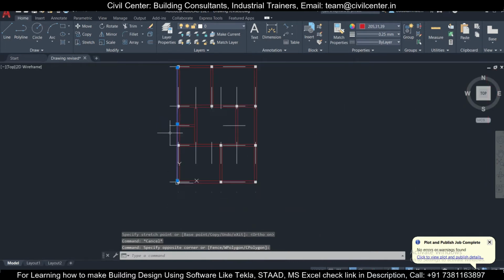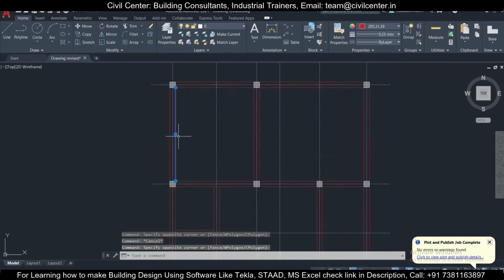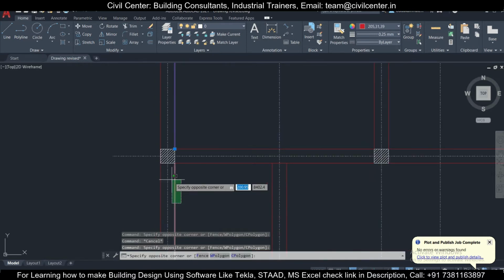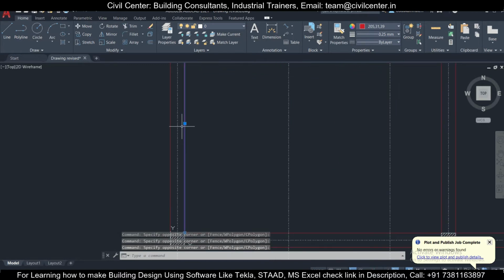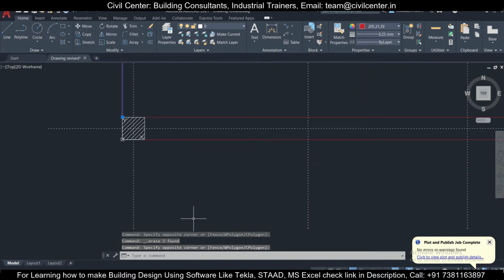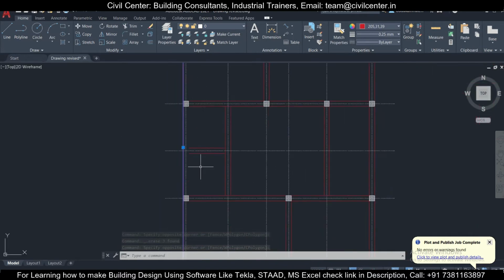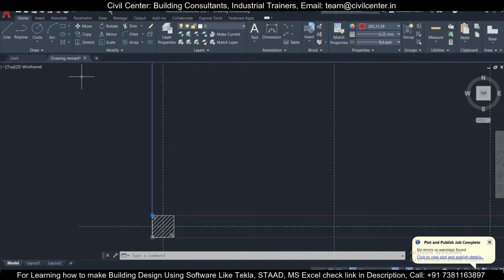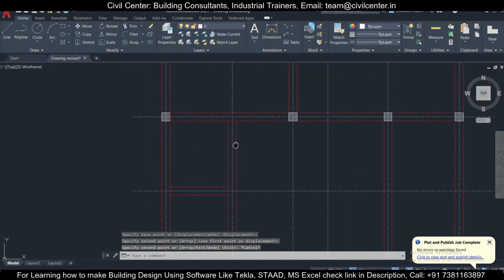After you have this single line, now this one also I want to delete. I don't want multiple lines. So we have a single line here. Let's see if there are any other pending lines. There are no pending lines, so we have a single line which we can copy from here to here. So this part is done.